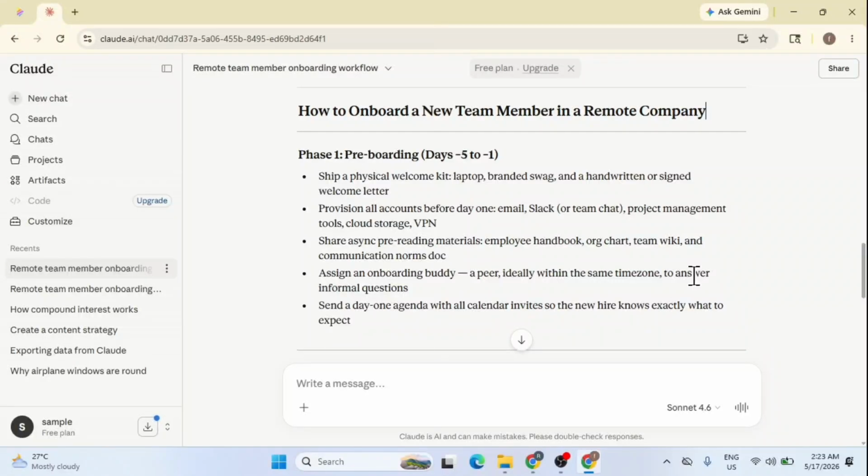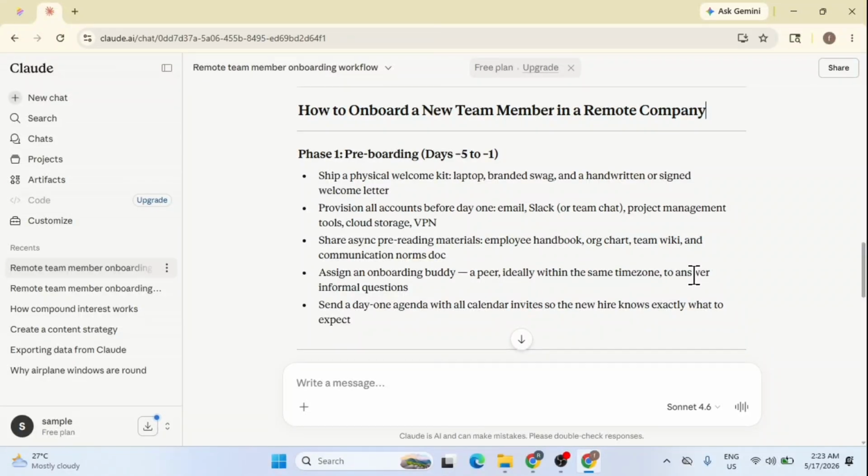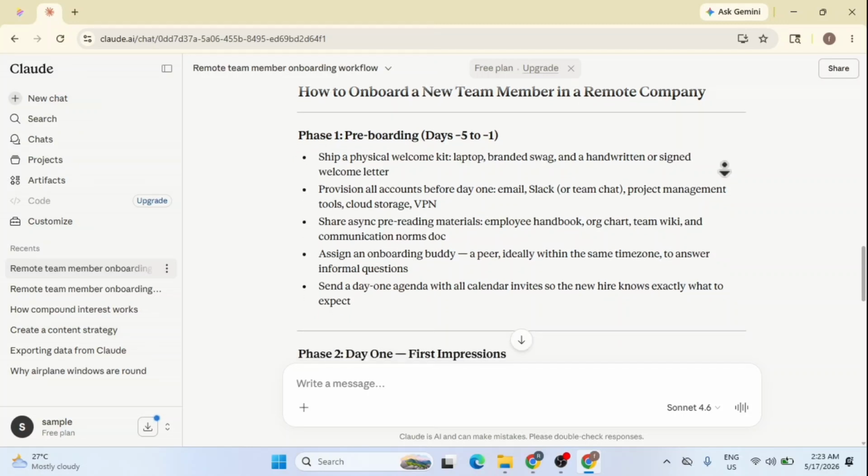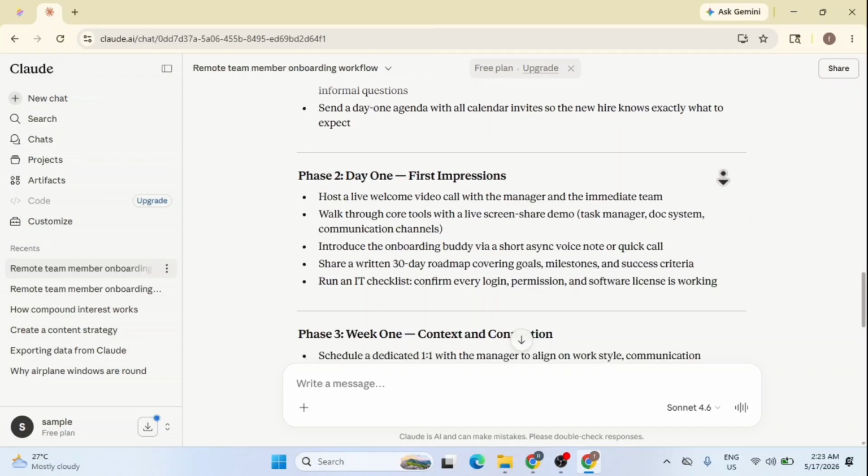In this video, I will show you how to transform your Claude AI output into professional visuals using Napkin AI. Let's get started. First, I'll head over to Claude, where I've already generated a detailed guide for onboarding new team